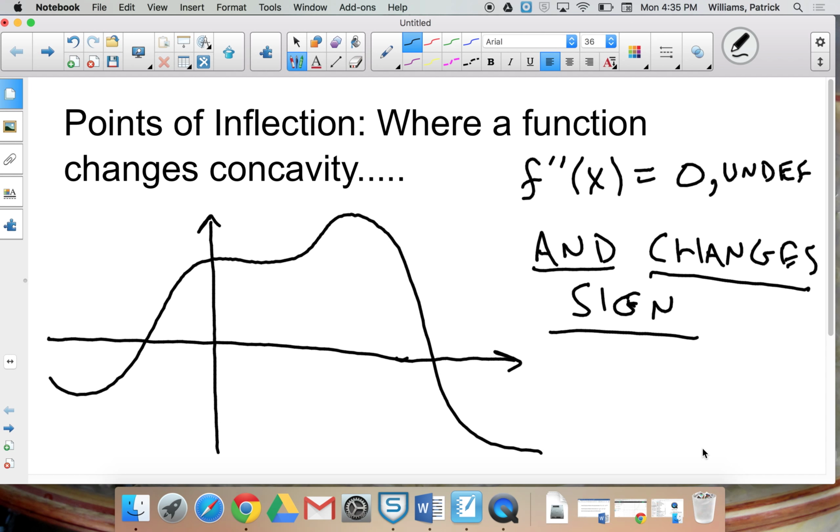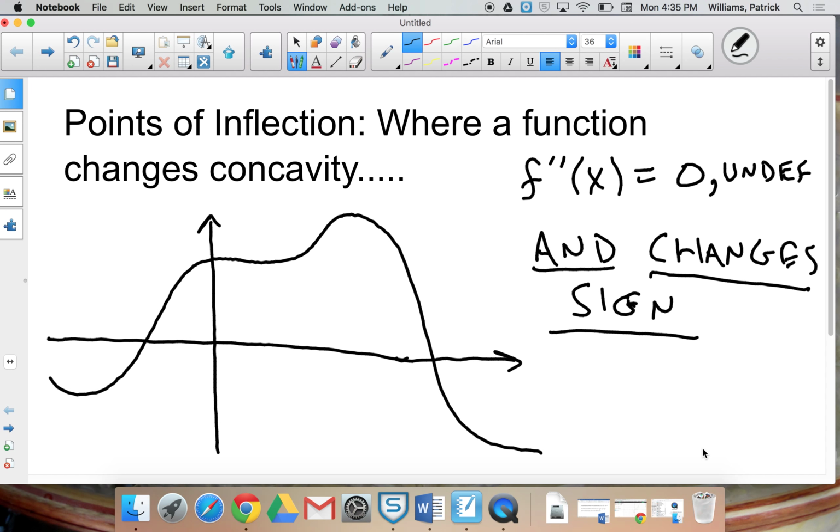But in the case of a minimum and a maximum, which were extreme values, we really wanted to look where a first derivative was zero or undefined and had a sign change on either side of that zero value. For a point of inflection, we're going to want to look at when the second derivative is zero or undefined and changes sign. Because it represents a change in concavity of a function,